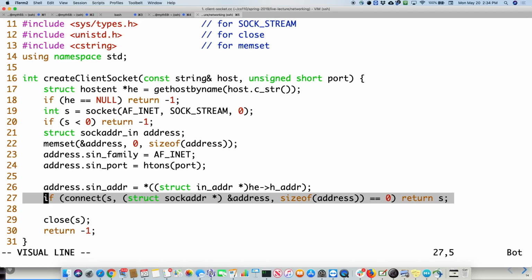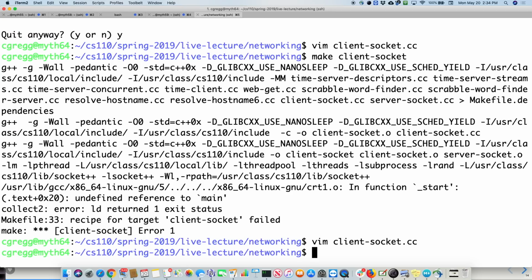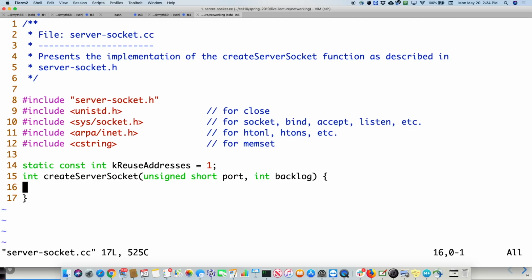Okay, so let's now look quickly at the ServerSocket file. This one's going to be somewhat similar, but we've got a couple extra little details to work on here. In createServerSocket, we're going to do basically the same thing.